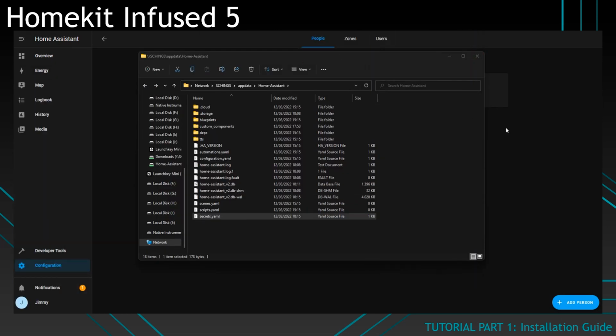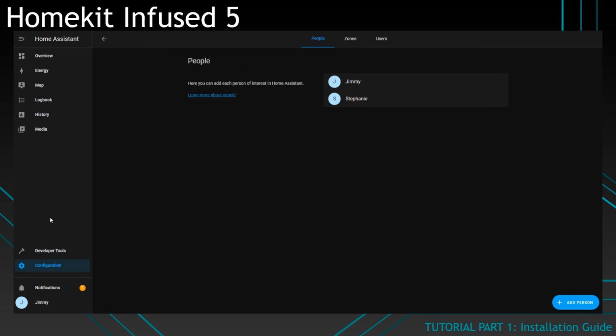Now we have set up the basics for continuing on with the next step, which is installing the Home Assistant Community Store. I'm not going to show you how to install the Home Assistant Community Store because there are different methods depending on how you have set up your own Home Assistant configuration. You can find a link below in the description to the HACS website on how to install HACS for your